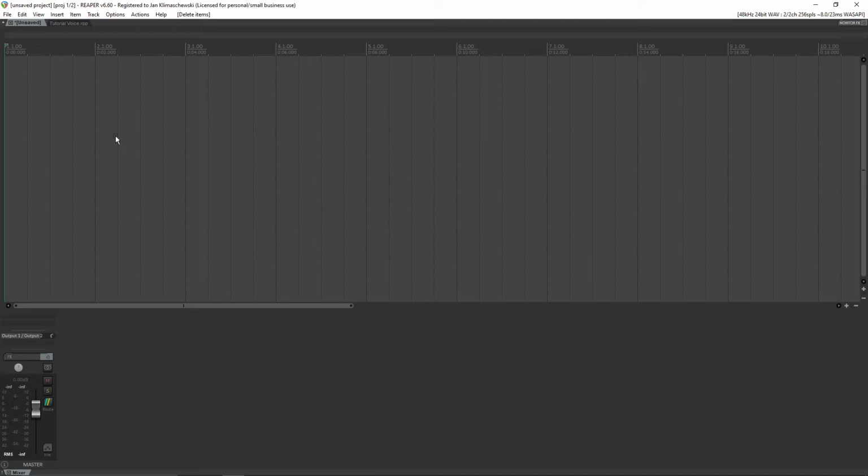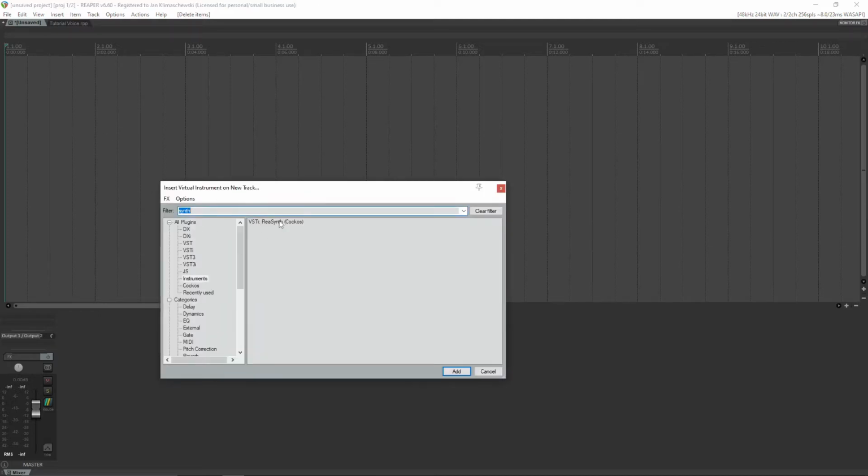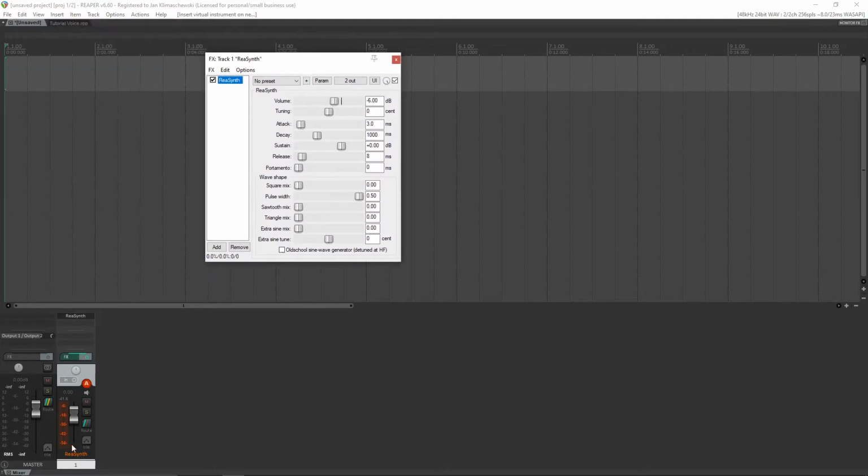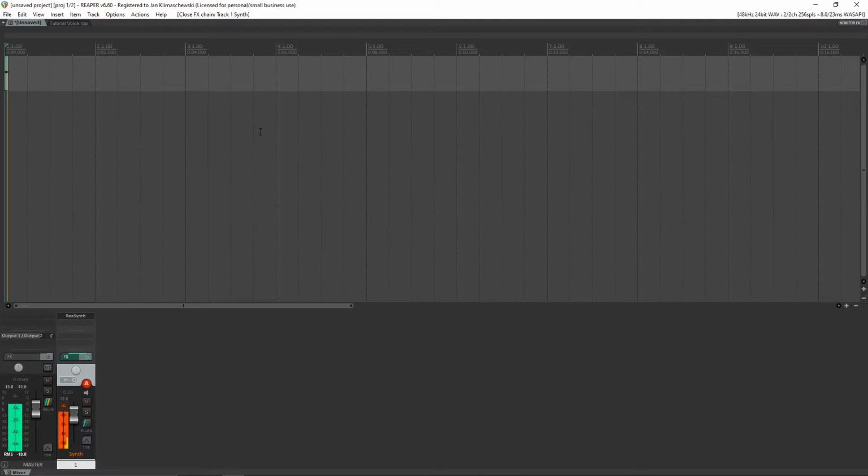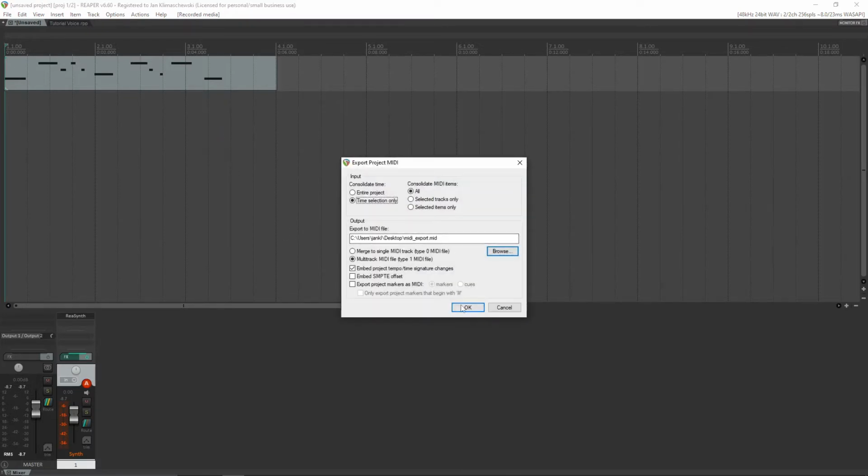So first let me just add a track to this Reaper file here, and it's just a simple synth, and I'll call this track synth, and then I'll lay down a little melody. So I have a couple of details in this melody, a bit of velocity differences and also some incorrect timings, but I'll just keep those in there and then show you how you can actually reproduce the timings and velocity changes inside Unreal. So let's go ahead and just export the project MIDI to desktop